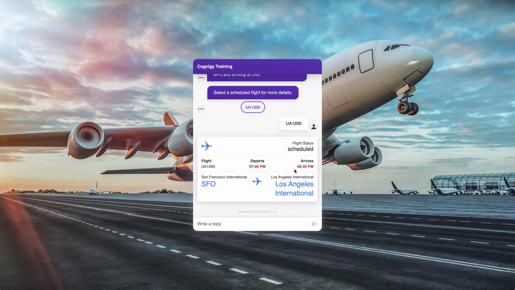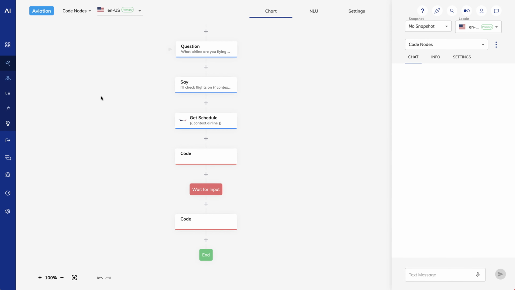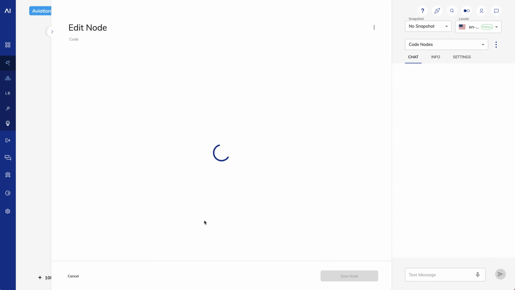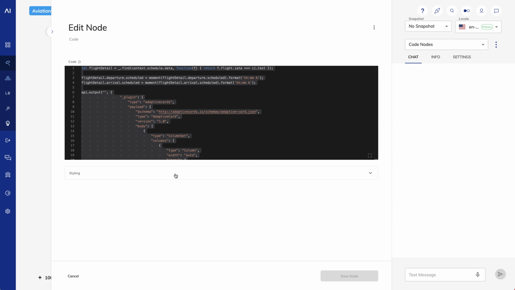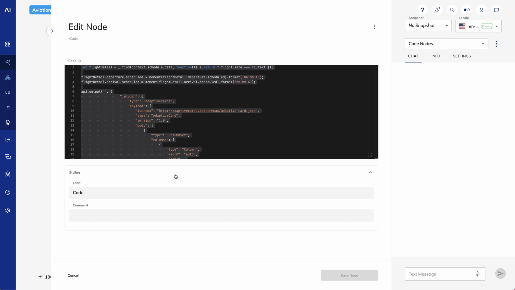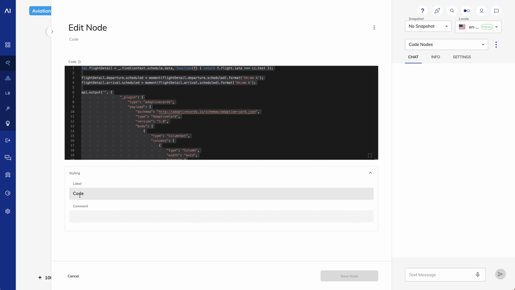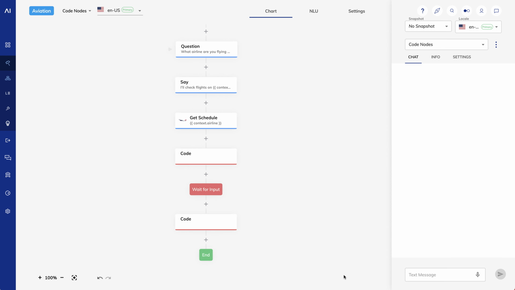As a whole, this is a good example of when to use code nodes. There's really no way to accomplish what we've just done using a flow, and the logic is too complicated for a non-technical user. So we can solve the problem in code nodes without guilt. I recommend adding labels or comments to your code nodes. So for example, in my final code node, I'll open it, and under styling, I'll put Adaptive Card. And for my comment, I'll put looks up selected flight and outputs adaptive card object.